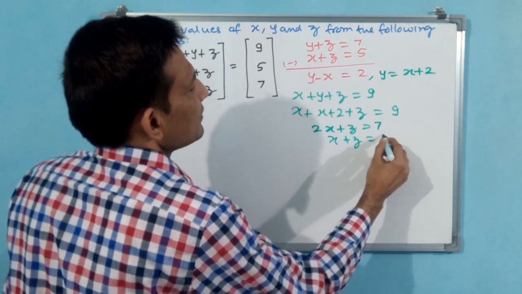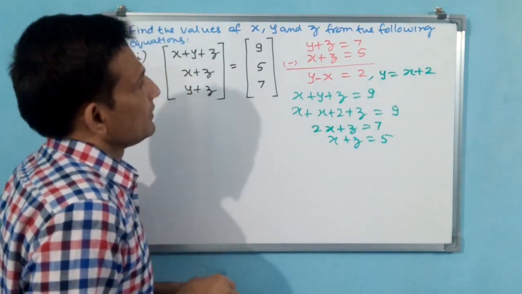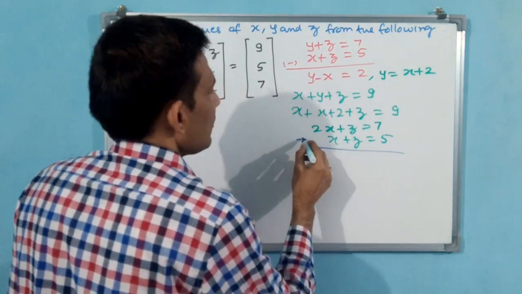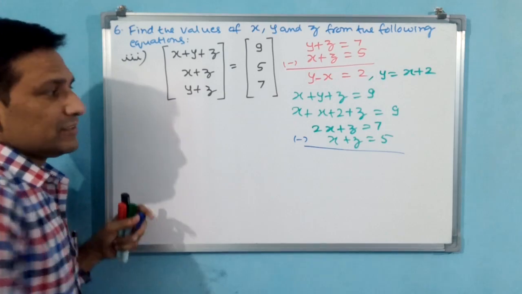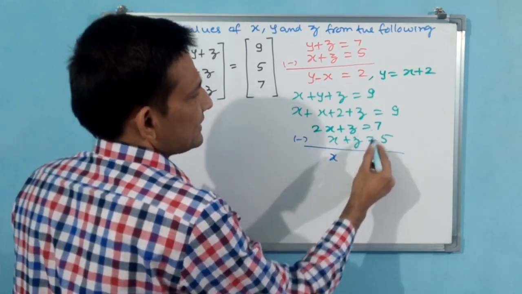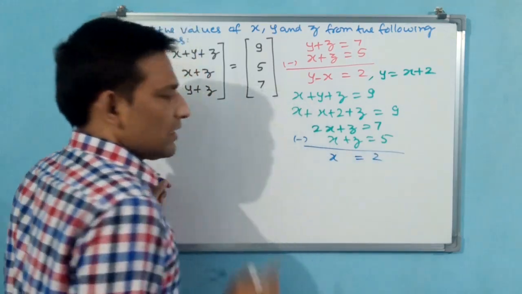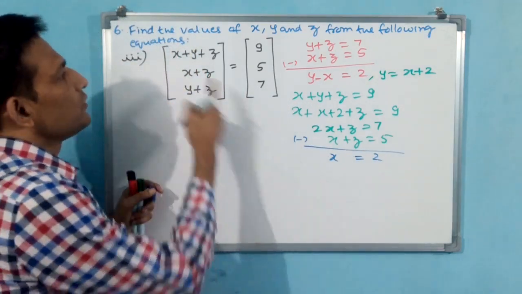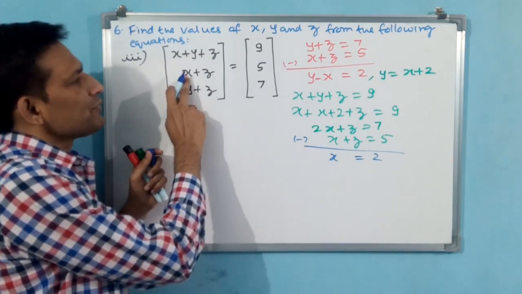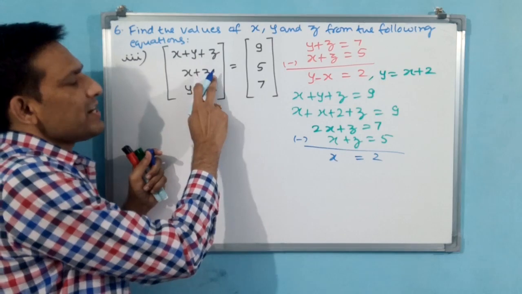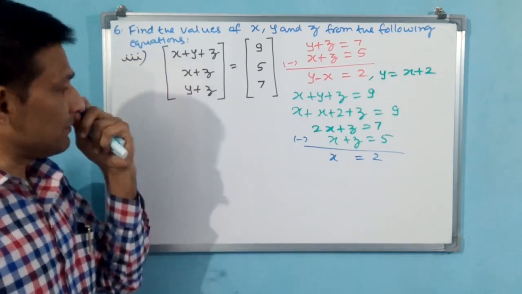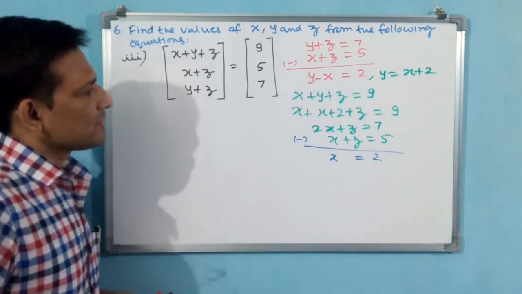x plus z is equal to 5. Okay. Put minus. Why again subtraction? Z is going to get cancelled. That is why. 2x minus x is x. 7 minus 5 is 2. Now one value you have got, x is equal to 2. Okay. See, if x is equal to 2 is there, then you substitute here, z is going to come. When z has come, you substitute here, y is going to come. That's all. Okay. You need not go again to this formula. Okay. Let us substitute.